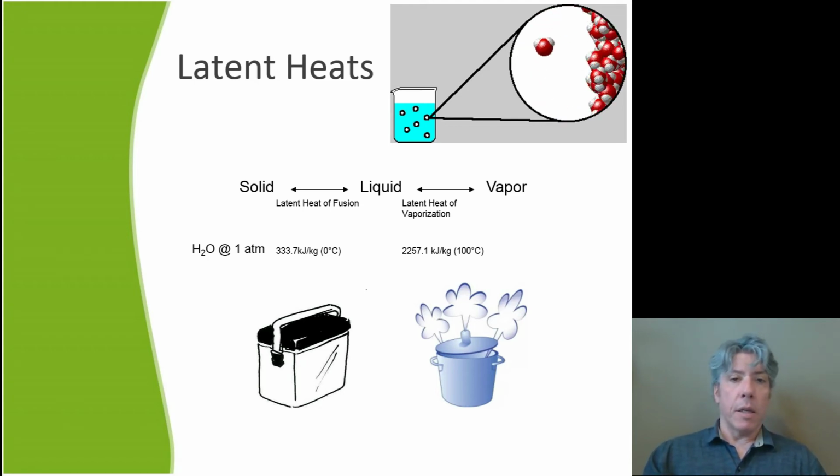For water, if we're talking about 100 degrees Celsius boiling temperature, then the amount of energy is 2,257.1 kilojoules for every kilogram mass of water. Going between liquid and solid at 1 atmosphere, 0 degrees Celsius, the amount of energy is 333.7 kilojoules per kilogram. If I have solid water at 0 degrees Celsius and 1 atmosphere of course, and I put 333.7 kilojoules into each kilogram, I will have liquid water at 0 degrees Celsius,